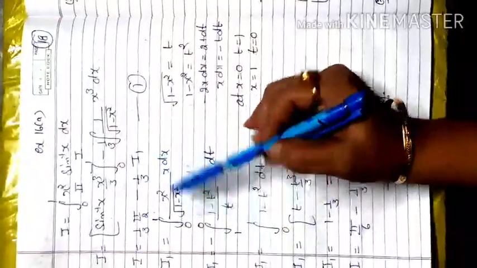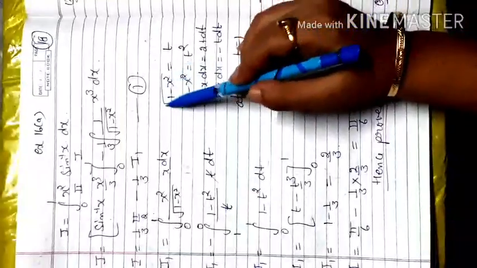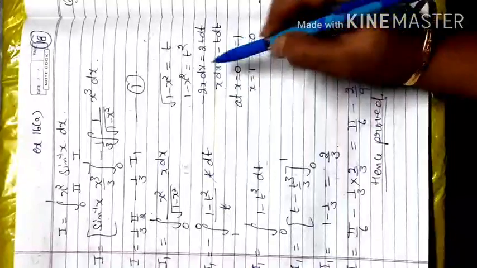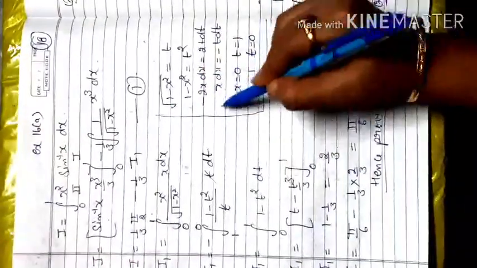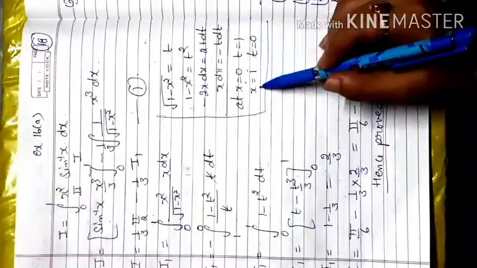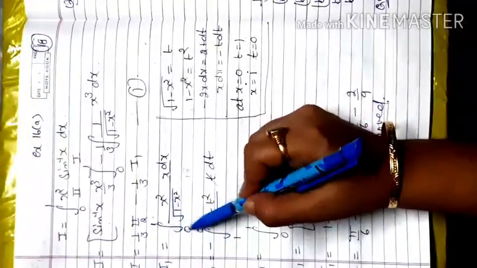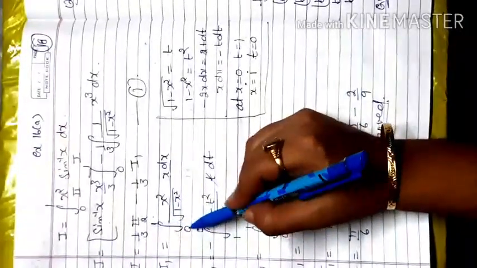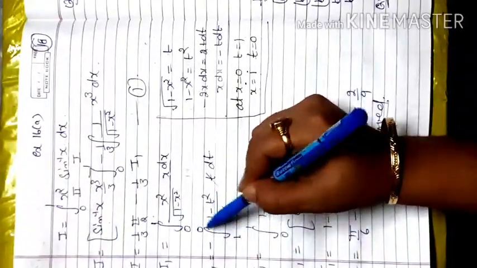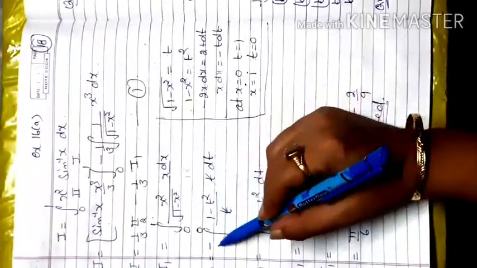Now you have to solve I1. Keep x square on one side and x dx on the other side, and root of 1 minus x square will be t. 1 minus x square is equal to t square, then x dx changes to minus t dt, and the limit will be changed according to t. That is, if x is 0, t is equal to 1, if x is equal to 1, t is equal to 0. The limit is changed in place of 0 because this is the limit of x. So if x is 0, t is 1. If x is 1, t is 0. So that will be 1 to 0. So here t will be cancelled, 1 minus t square dt is left, but the negative sign is also there.